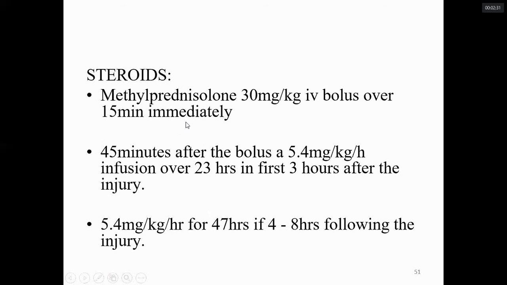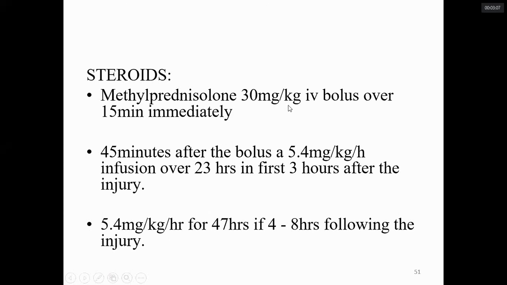They said methylprednisolone can be given if the patient presented within 8 hours of the injury, but it is also still controversial. If the patient presents to the emergency department within 8 hours, we can give methylprednisolone bolus dose 30 mg per kg and 5.4 mg per kg per hour infusion as a maintenance dose. Okay. If presented within 3 hours,